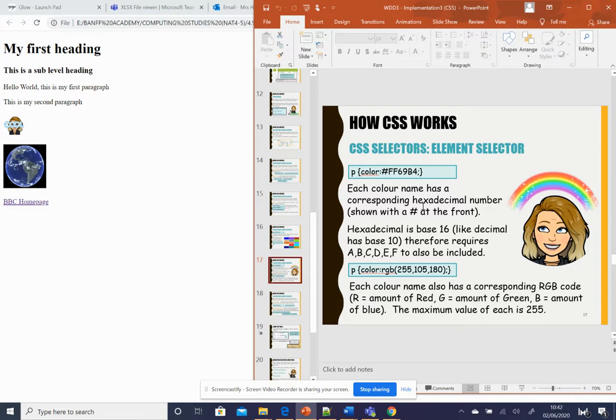So hexadecimal uses base 16. Normally, decimal, which we're used to, has base 10. So you've got your numbers 0, 1, 2, 3, 4, 5, 6, 7, 8, 9. Because hexadecimal uses base 16, they need to have some extra numbers, if you like. And what they've used is some letters instead of numbers. So we use A, B, C, D, E, F. So you'll see up here,